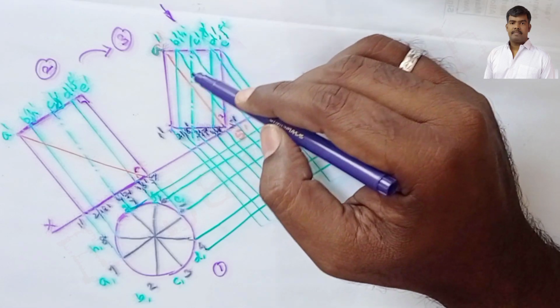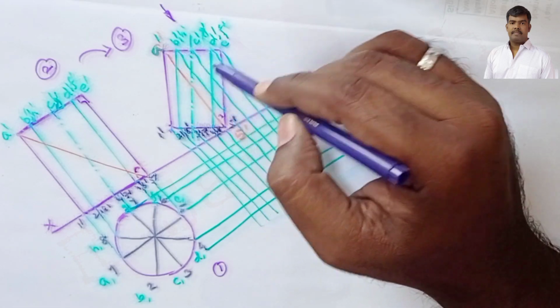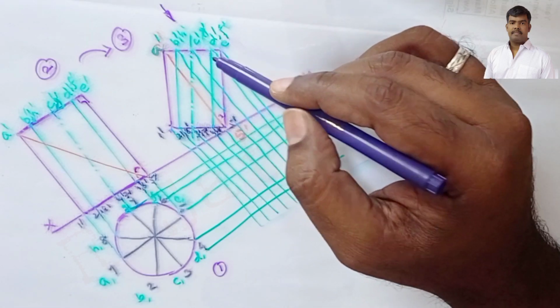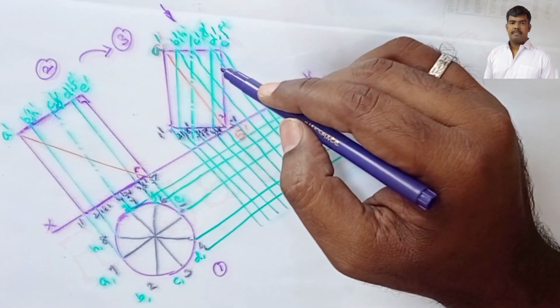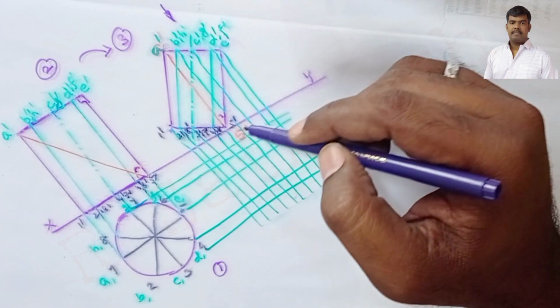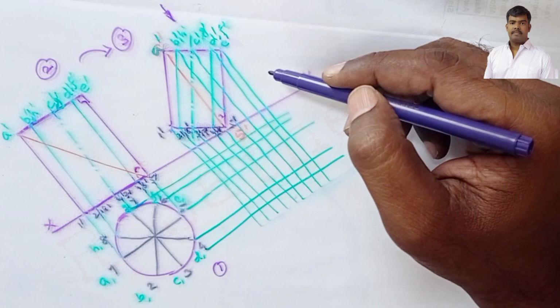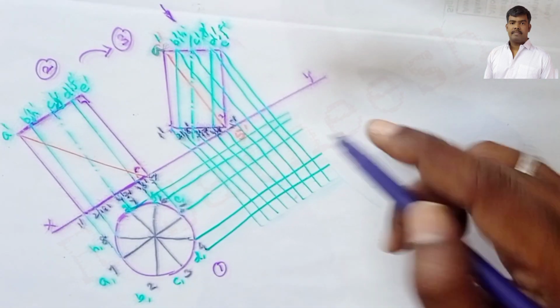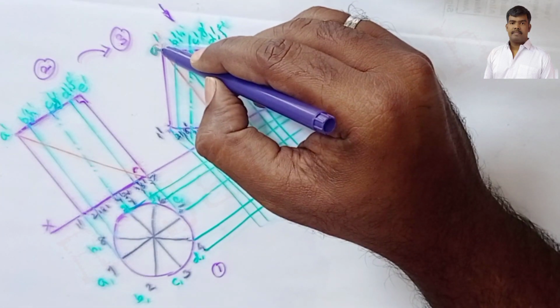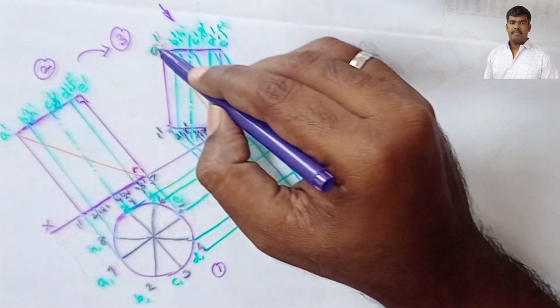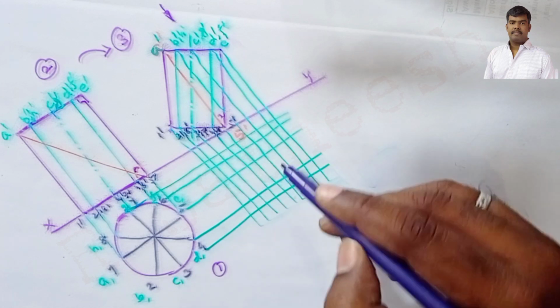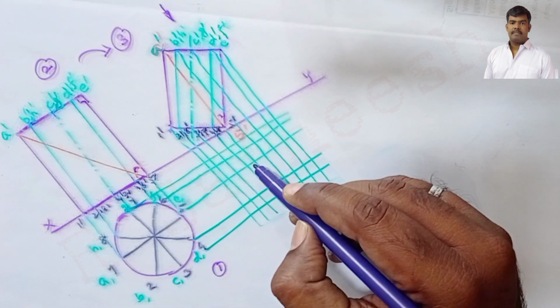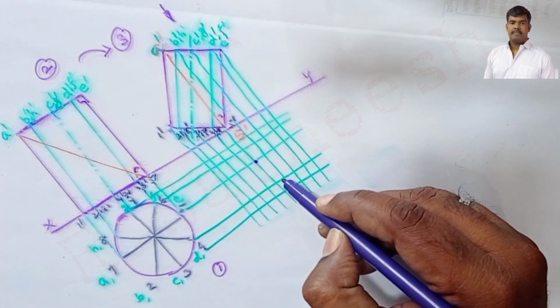in the cylinder, after tilting, appears only as an elliptical shape, not circular. We already discussed this in the projection of planes topic also: a circular plane, while tilting inclined to either HP or VP, whatever it may be, in any principal plane, appears as an ellipse. Clear? So therefore A and A, B and B like that. All the points meet here, A, B.